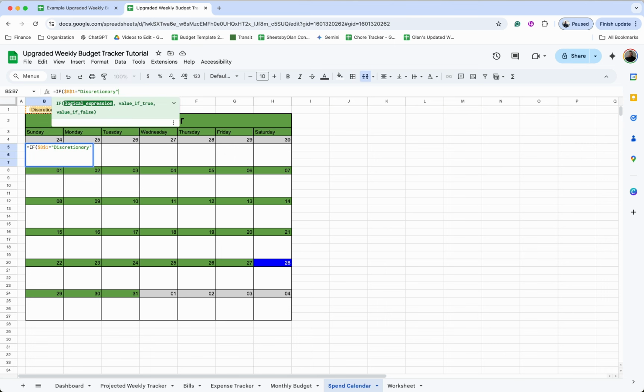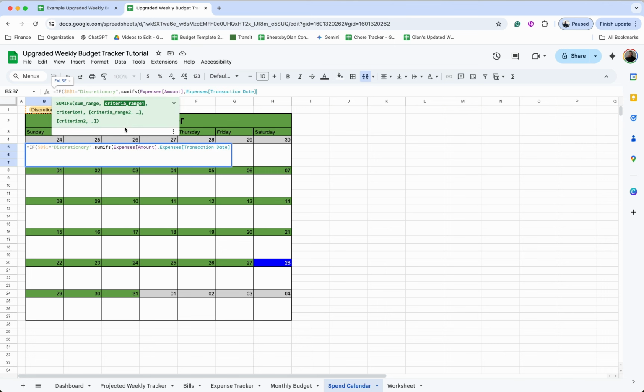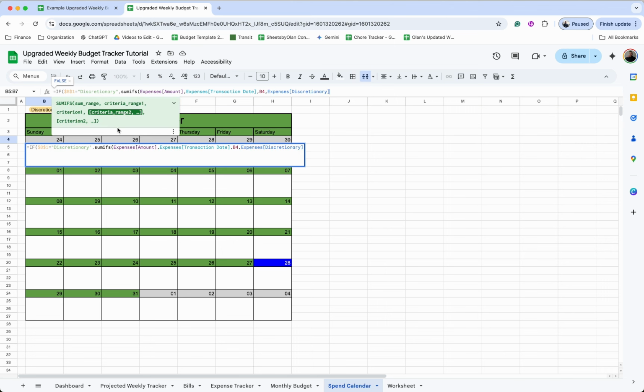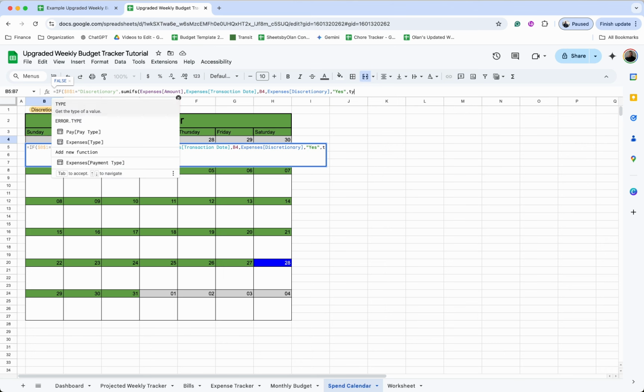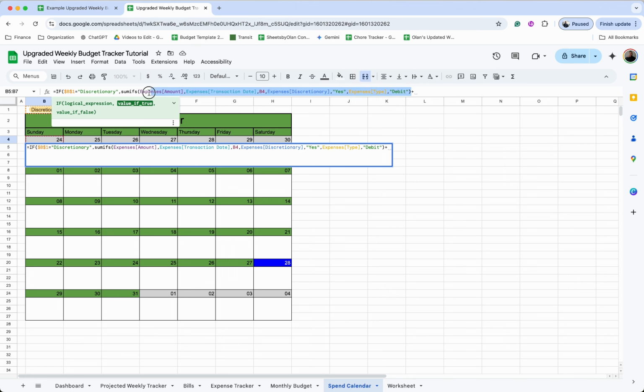So if it's equal to discretionary, I want to take SUMIFS of the amount, expenses amount, comma, and the transaction date, comma, click on B4, comma, discretionary, expenses discretionary to be specific, comma, inside quotes, yes, comma, type, expenses type, comma, debit, close parentheses, plus, I'm going to copy this SUMIFS formula,